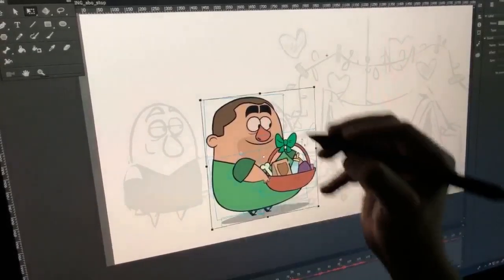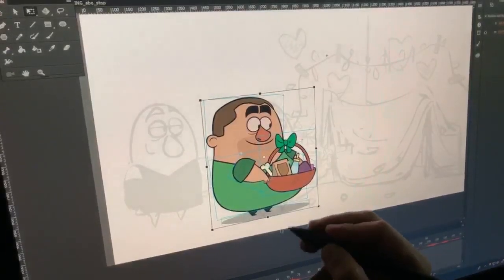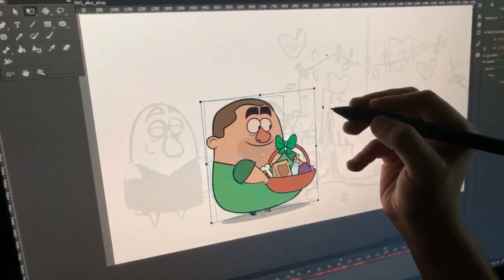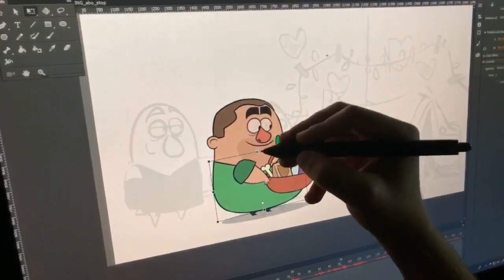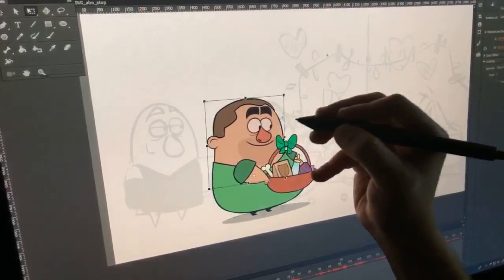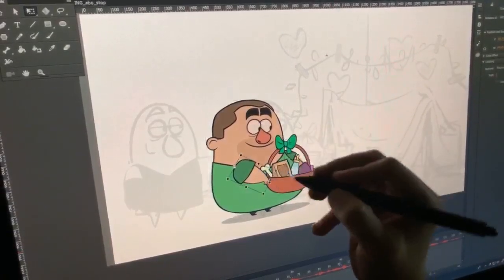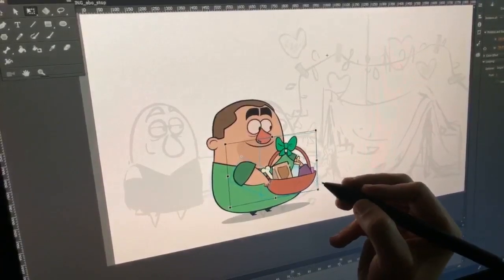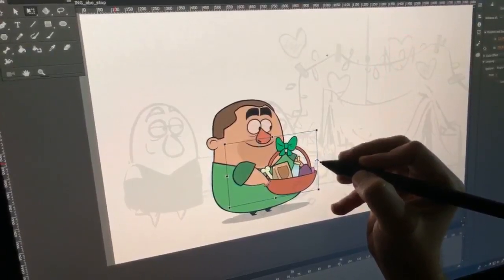On these set of frames, I'm gonna deselect the legs because the legs stay in the same place. The shadows, I'm gonna deselect the shadow. The body needs to move up and down. So I'm gonna move the body down a little bit, and give it a little squash. I'm gonna grab the basket and his hands, move those down a little bit. Just a little bit of a squash.